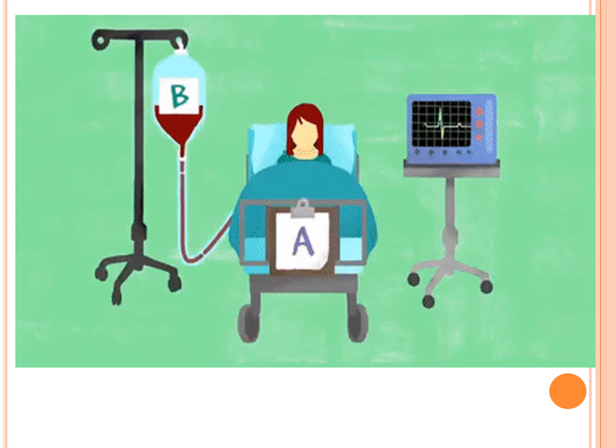All right, why are we learning about blood group? If a person meets with an accident and bleeding occurs through the wounds, many a times the person, for his or her survival, may need blood from another person. At that point of time, when blood has to be given to someone for survival, it is very important that the blood groups are checked, because if the blood groups are different, the person may face a lot of consequences. This process of giving blood to another person, or transfusing blood into the needful person, is called blood transfusion.